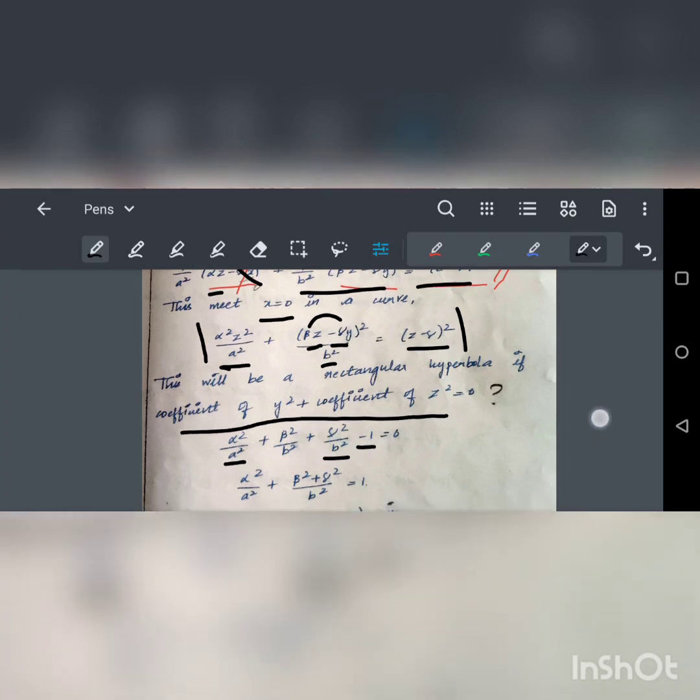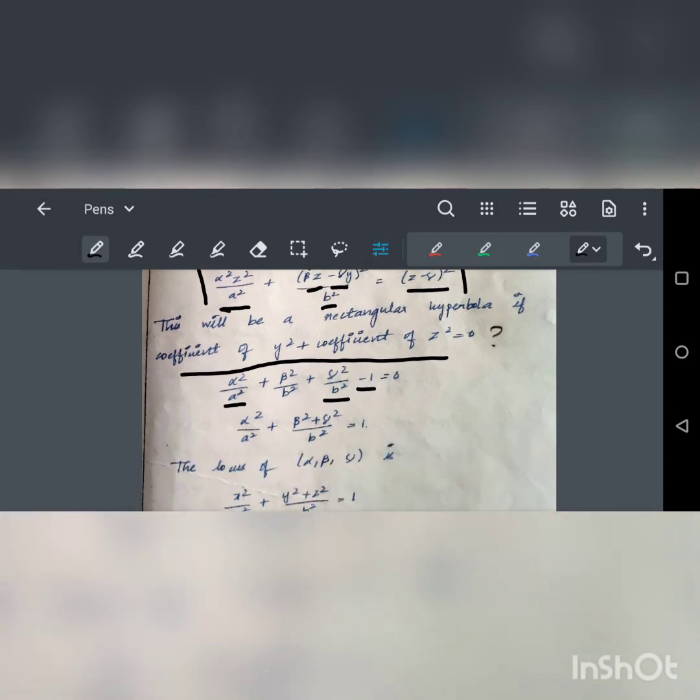So I have taken it back here, and I will be having minus 1 equal to 0. It is not necessary to keep this minus 1 here, let it be there itself, so that is equal to 1. Now these two terms have b square as a common denominator, so you will be having alpha square by a square plus beta square plus gamma square by b square